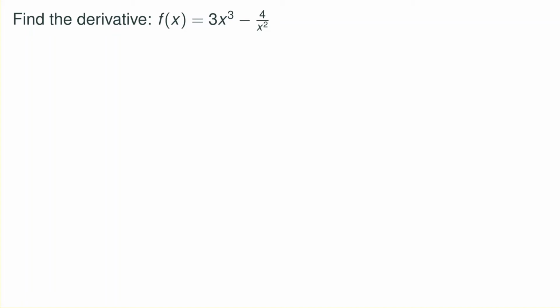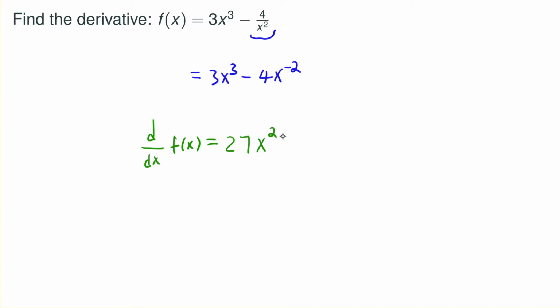Find the derivative of the function 3x to the third power minus 4 over x squared. So here, we can rewrite this as 3x to the third minus 4x to the negative 2 power, so that we can apply the power rule. So we take the derivative. By the power rule, we get 3 times 3, 9, x to the second power